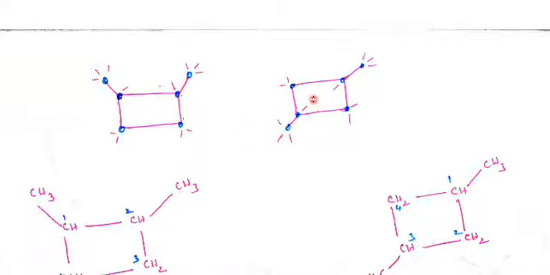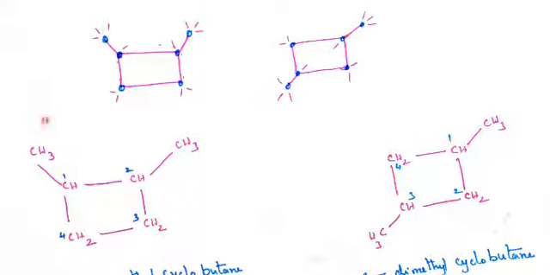Coming to the other example, this carbon is linked by 2 bonds, 2 hydrogens. This one has 3 bonds, so 4 minus 3, only one hydrogen. The next carbon is linked by only one bond, so 3 hydrogens. If you choose this carbon, it is linked by 2 bonds, so 2 hydrogens. This carbon has 3 bonds, only 1 hydrogen. This carbon has 1 bond, so 3 hydrogens. So you get CH3 as I have written.